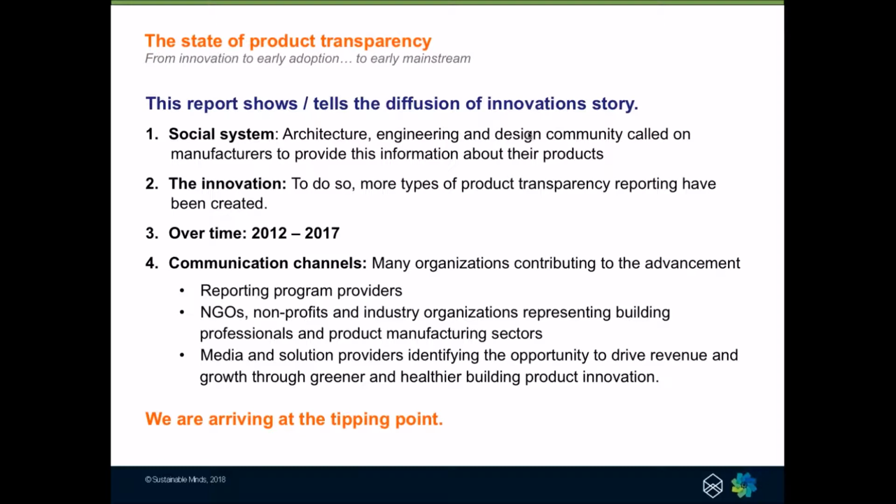So to apply those aspects of that theory, the social system is the AEC community and the manufacturers who have been called upon to provide this information. The innovation is the product transparency disclosures and the ones that existed and the new ones that have been created. We're looking at a 5-year period, and there have really been many communication channels contributing to the advancement, including the